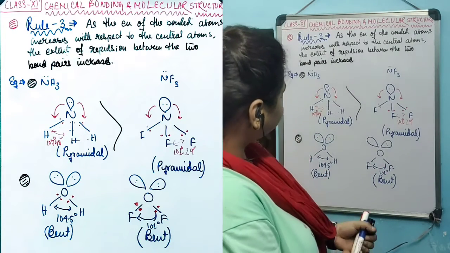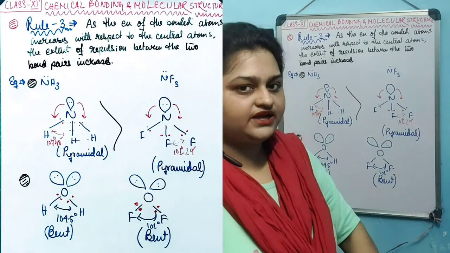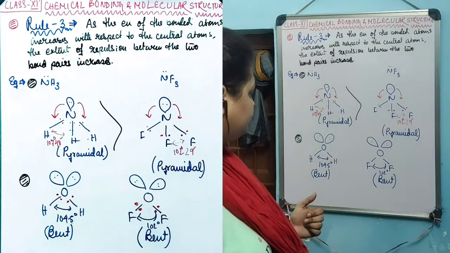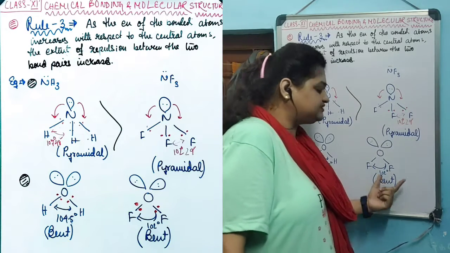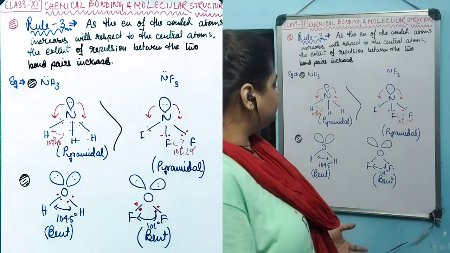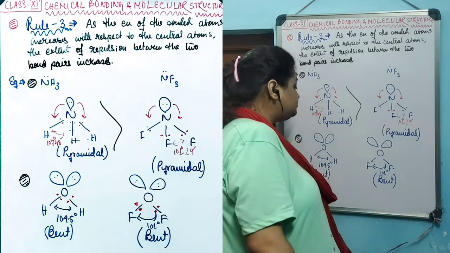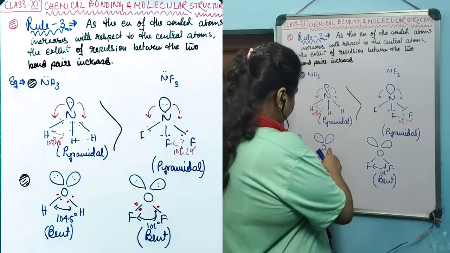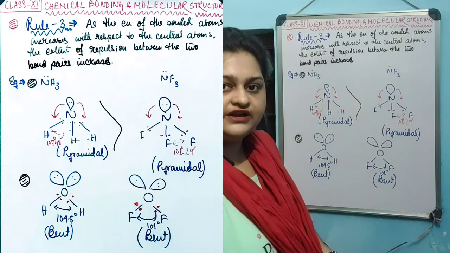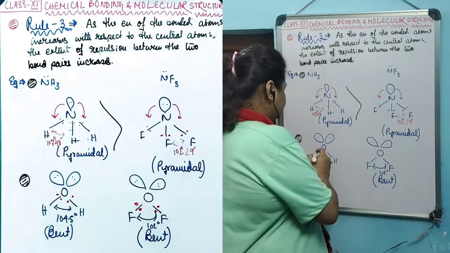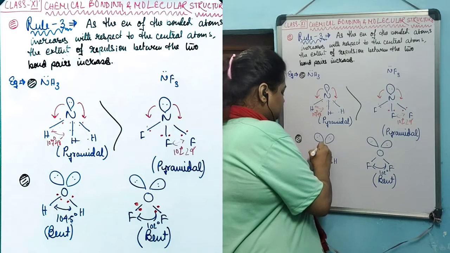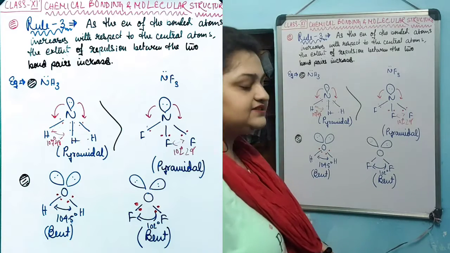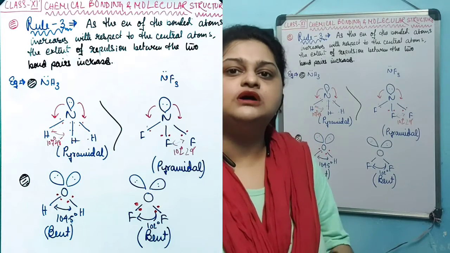Now what I am trying to say is that both bond angles are less than 109 degrees 28 minutes. Fine. In this case, the bond angle is 104.5 degrees, and this is 102 degrees. But the bond angle is much less for this one compared to this one. Why? This is because in this case, oxygen is much more electronegative than hydrogen. So the bond electron density will be concentrated much more onto the oxygen, the central atom, for both cases. That's why the bond pair repulsion is much more.